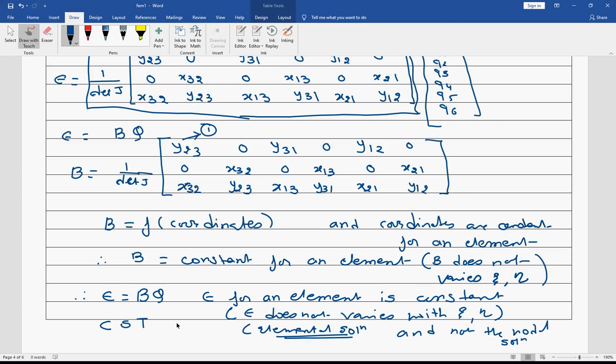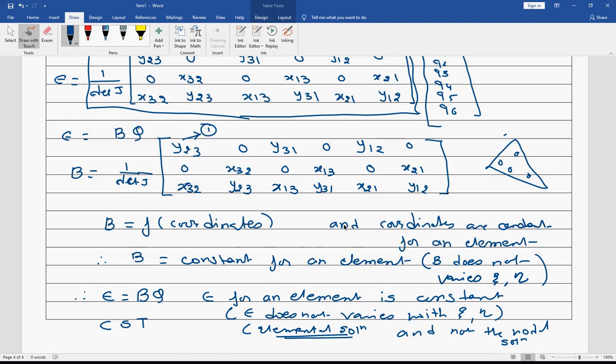Yeah, and that is why it is called a constant strain triangle, because strain remains constant within an element. It does not vary with the location. So if there is any kind of element, let us say something like this, the strain at this location, or anywhere, remains the same. It is constant, does not vary, and therefore I am looking for elemental stress rather than the nodal stresses, because even though I try to find out, it's the same. Okay, and that is why I go with the elemental stress.